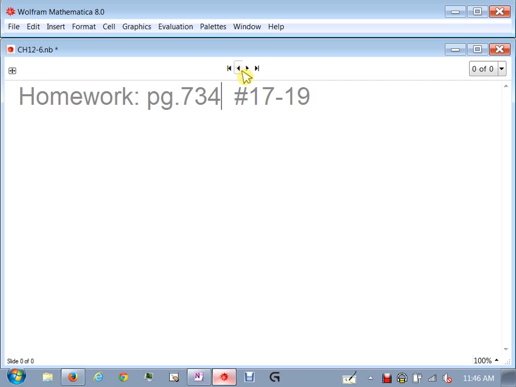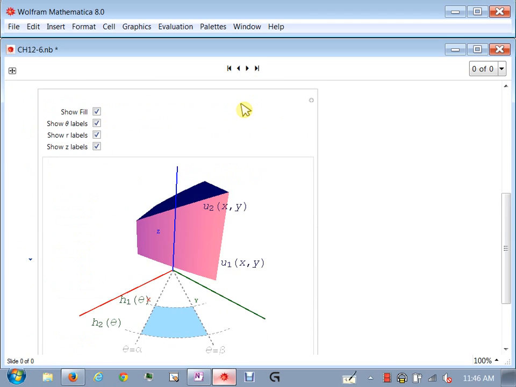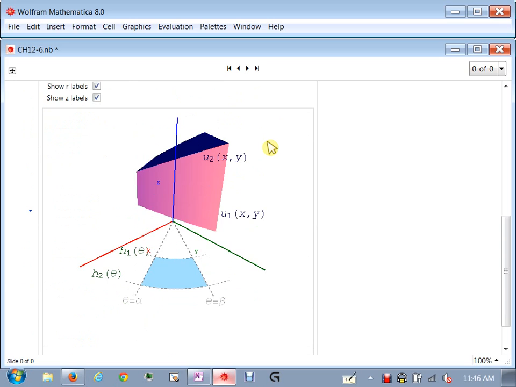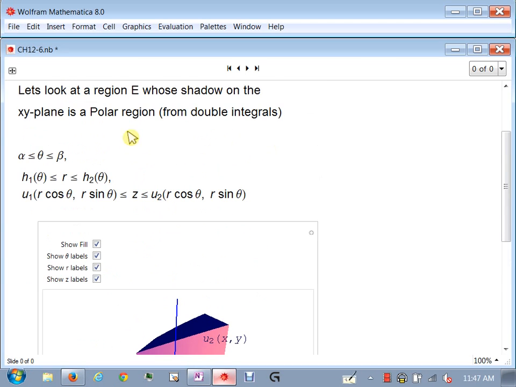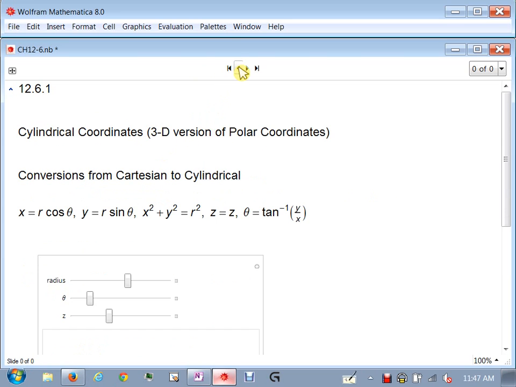So please keep in mind that in this section, because we're in three-dimensional space, we're saying our shadow down on the ground is a polar region, right? The shadow of E on the ground is polar. But just like last class, you could project a shadow onto a different plane other than the ground. So you could have a polar region on the side wall here or this side wall here, which would change a lot of things. You would still do a polar conversion, but instead of doing